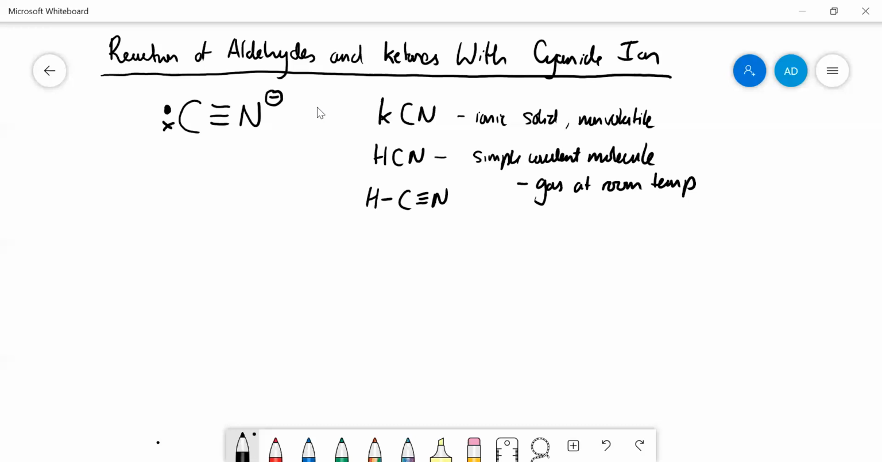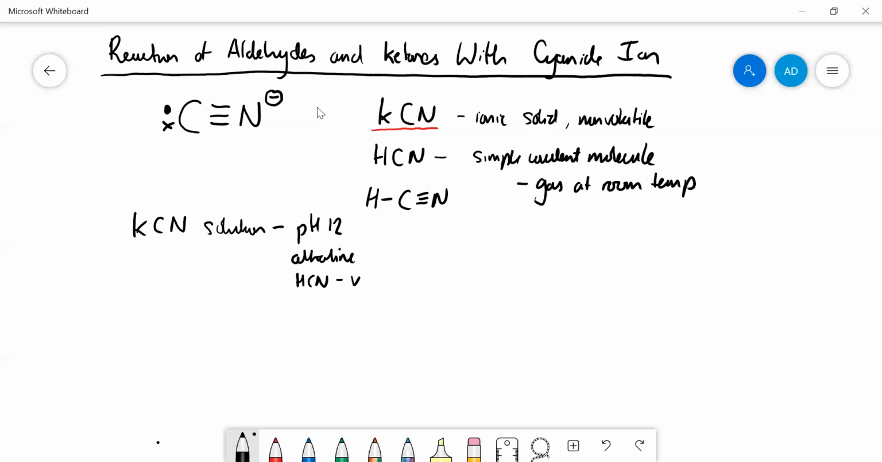So usually you would use potassium cyanide, and in the last topic we used potassium cyanide when we reacted with haloalkanes. But there are some problems using potassium cyanide. If you have a potassium cyanide solution, in water it's about pH 12. It's very alkaline. Why is it so alkaline? Because